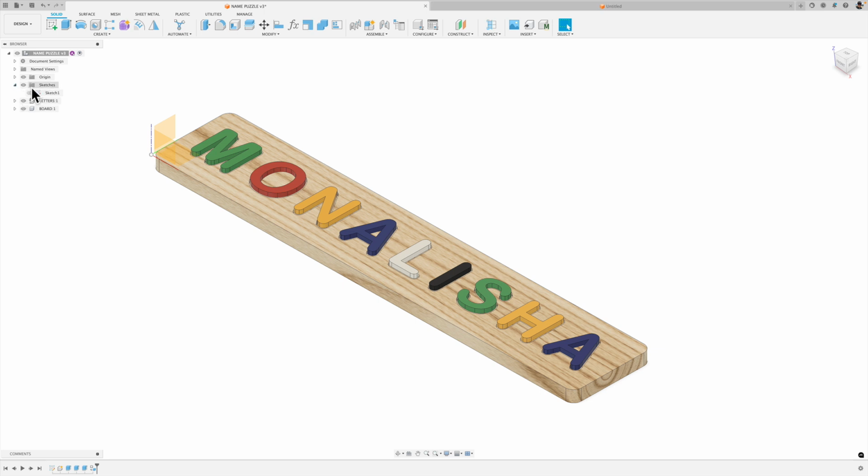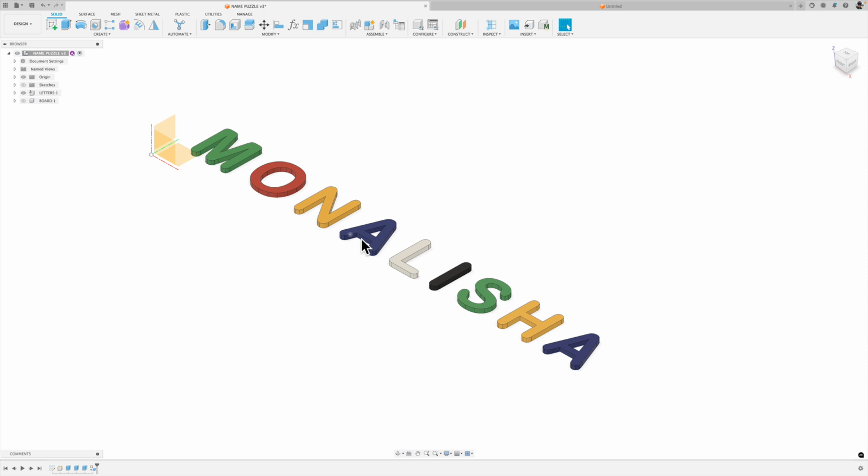So also one thing to note is I've built this model with one sketch only. Okay, you saw in a previous video the nameplate, two sketches were used, and as a rule of thumb for CAD design you want to minimize the number of sketches that you use, so I'll go over that in this video. So I'm turning my sketches off, and if I turn off the board, we can examine the lettering,